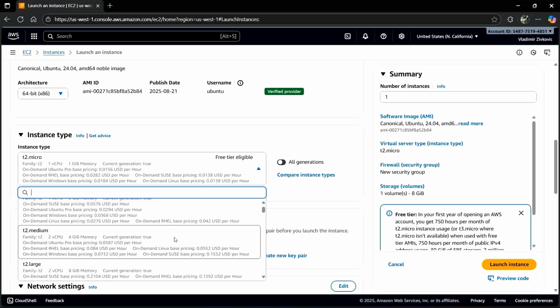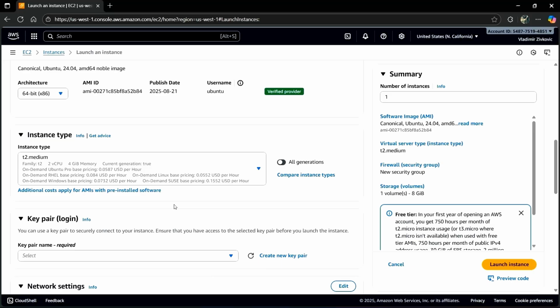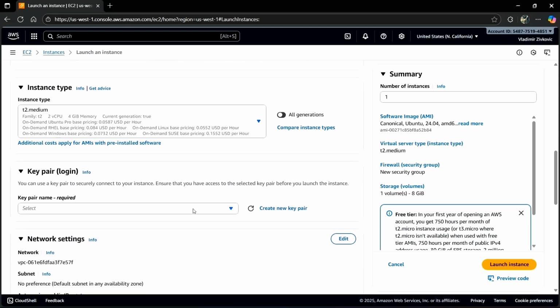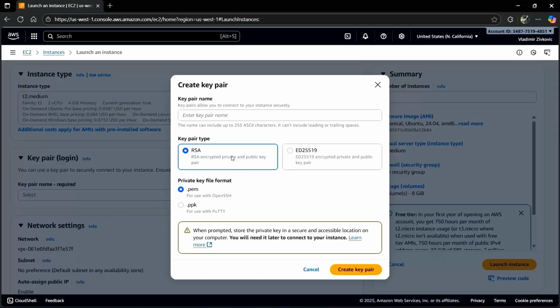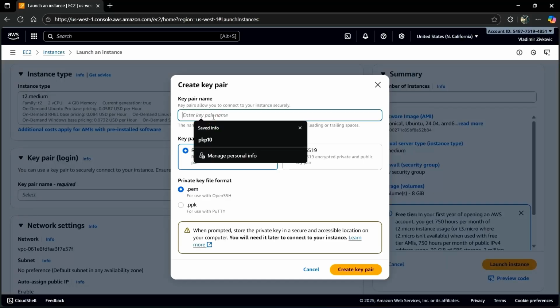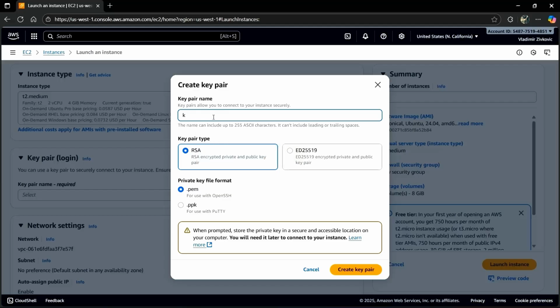This is a minimum recommendation to use with our cluster. So if you want to run your Kubernetes cluster, this is the minimum that you must have. Let's click on create new pair. I will add a name for my key pair. This will be